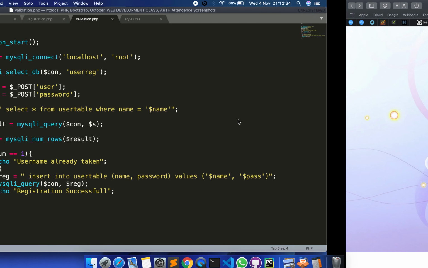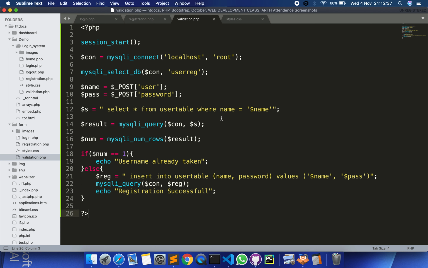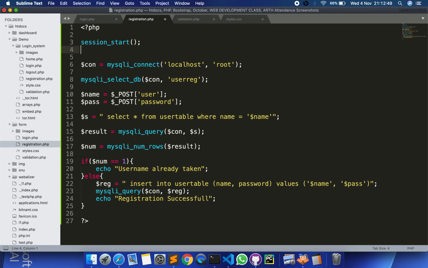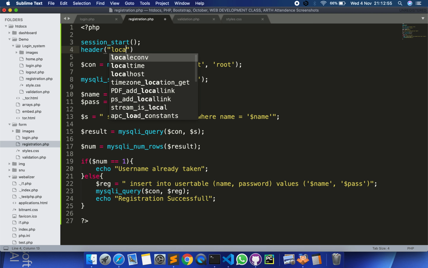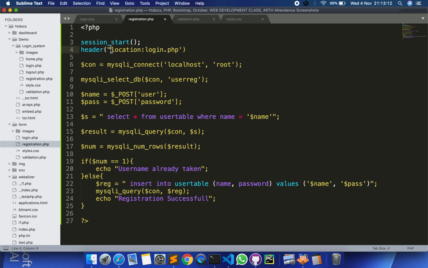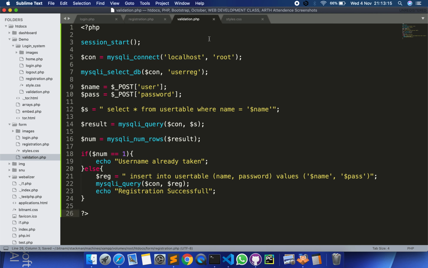And now we need to make the login part. Now one thing on registration, if the user is not logged in, we need to always take him to the login page, so login.php. So whenever the session starts, we need to drag the user to login.php. That is what I have written over here. Let me use single quotes, it will be better.